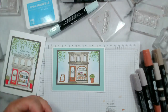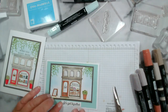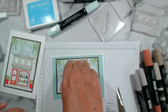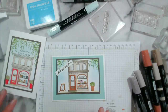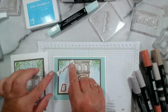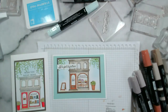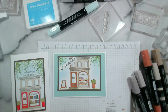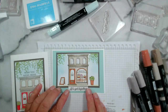Trim that. I can't decide where to put it. Oh, that works quite nicely. Without cutting too many, covering up too many things, isn't it? Or even just there. So I'll put it